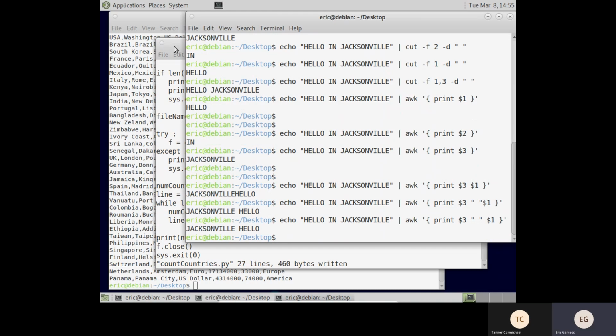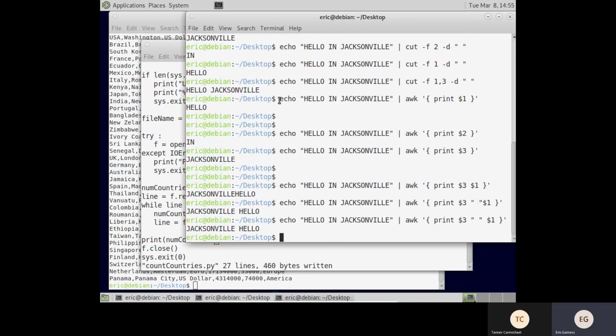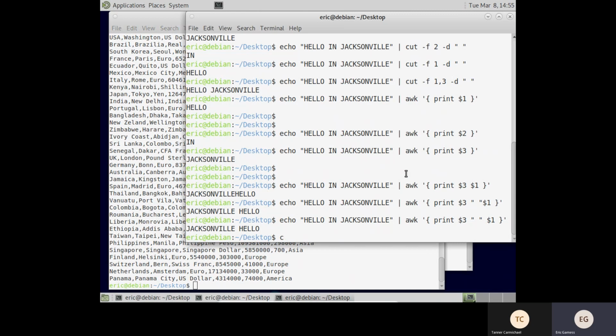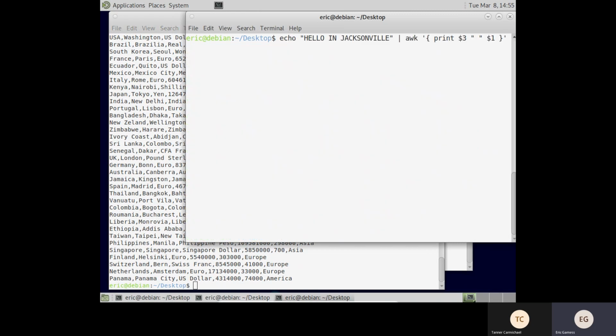So AWK will allow me, for example, if I want here the list of countries, USA, Brazil, South Korea, France, I can do it with AWK. So let's do it. AWK, I'm going to say what I want to do over the file countries.txt. So what I want to do is go between curly brackets for each line. So what I want to do is to print